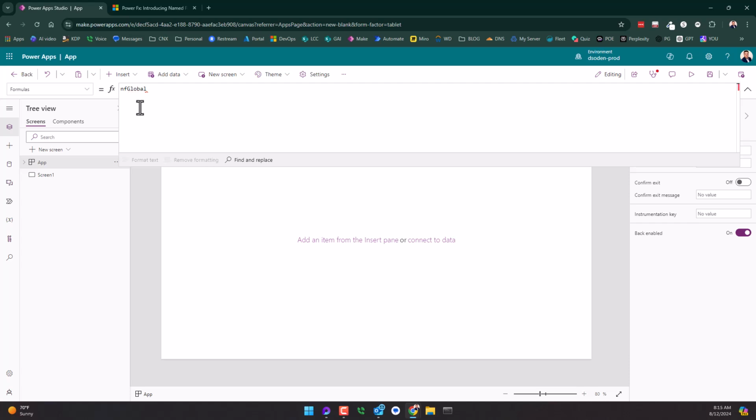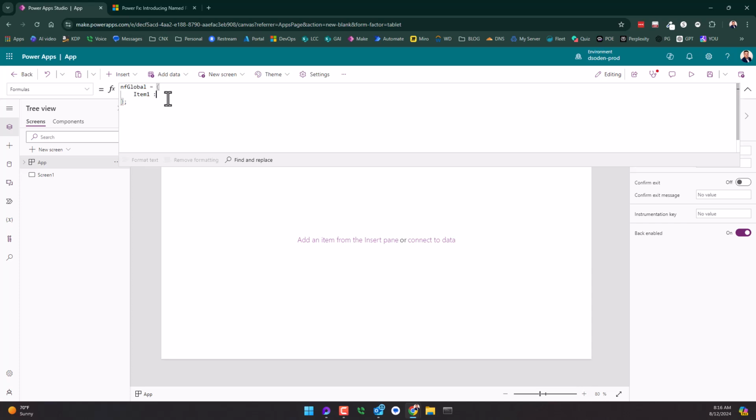And the reason I call this global is that I create a JSON object inside of here. And by creating this master object, it makes it programmatically organized so that I know anything that I'm using is part of my globals, or my named formula global, and I have one object from which I organize everything under. So I do the equals, and then I just do these curly braces for a JSON object. So obj, we'll just call this item